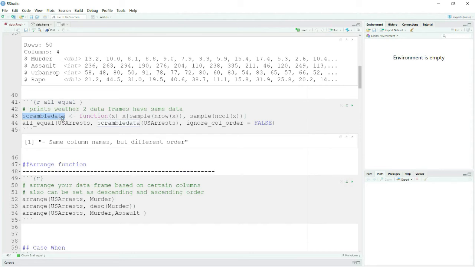which provides me a subset of the USArrests data. And now I'm typing all underscore equal. So now if I run this, then you see that it says same column names but different orders. So what it does, since I'm scrambling or sampling the data, what my scrambled data is, if I show you in